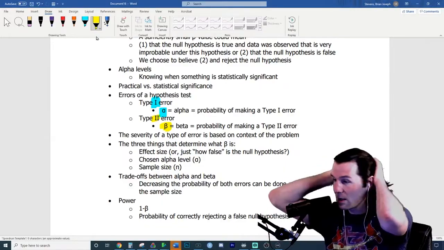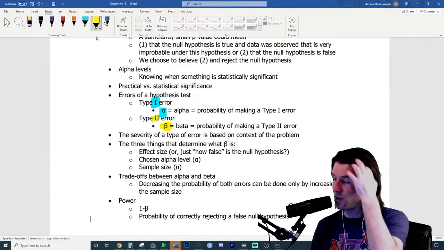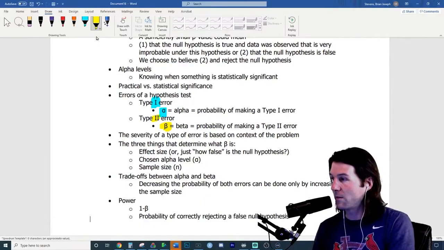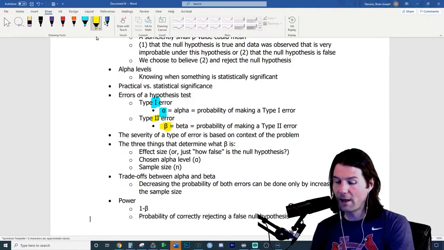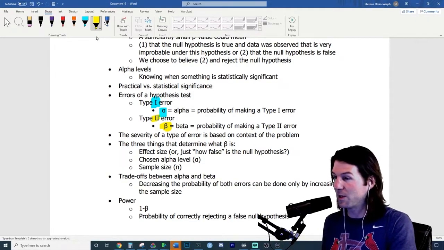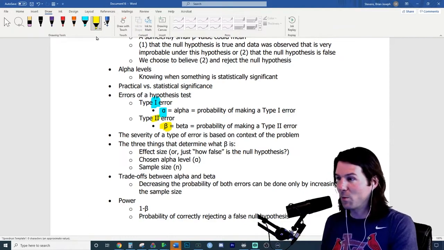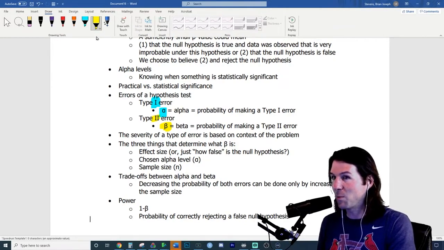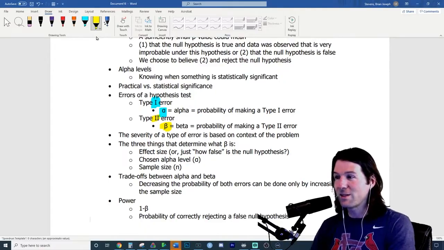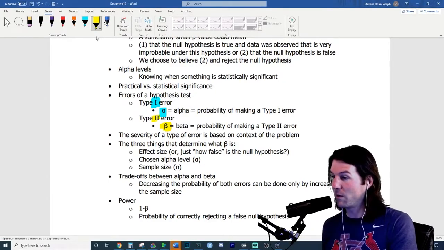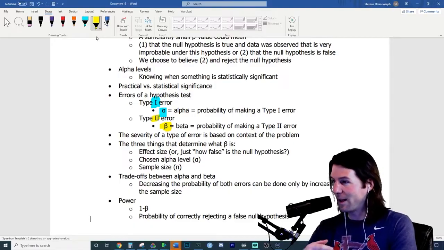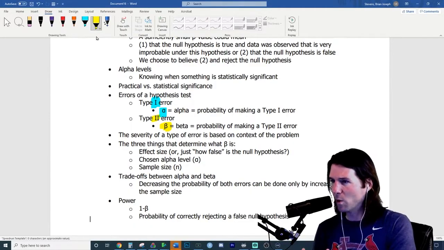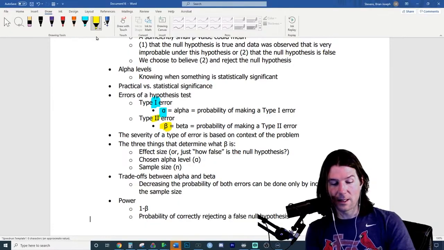The severity of a type of error depends on the context of the problem. So you think about type 1, type 2 error rate, it depends. If you have a startup company, then it'd be really bad to make investments where you shouldn't. If you have a company that wants to take risk, that's not risk averse, then maybe they wouldn't be so afraid of these type 1 errors where they reject the null and say, let's try this out. So risk averse companies, in business analytics, would probably want to make fewer type 1 errors because they're saying they have evidence of things when they don't. They'd want more evidence. So it really depends on the context of the problem.